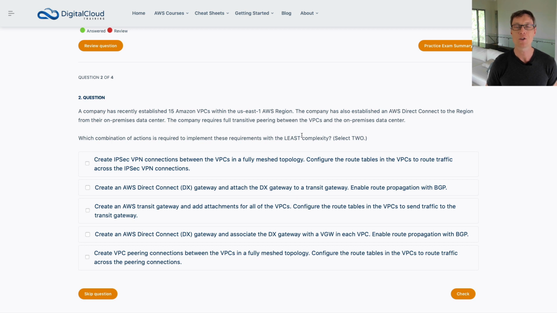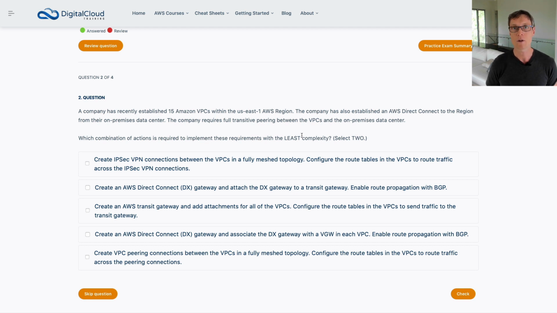But as you know, you don't get transitivity with VPC peers. So you can't transitively connect VPCs. That means if you have 3 VPCs, you need a connection between all of them. When you have 4, each one needs a connection to every other VPC. And the number of VPC peer links that you have to create becomes huge. So in this case, there would be literally dozens of VPC peering connections, lots of route table entries, gets very